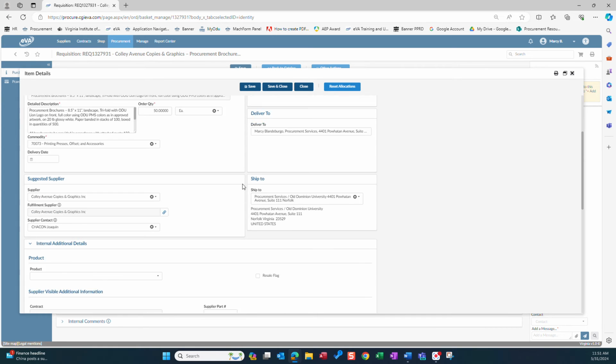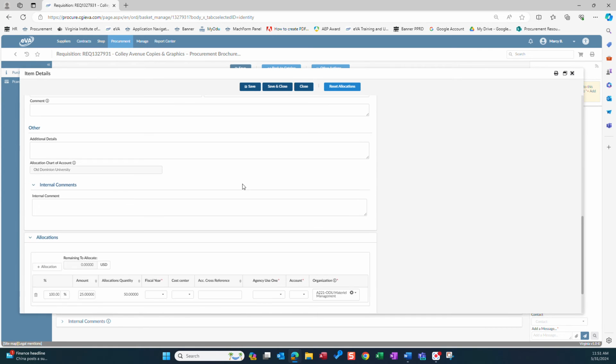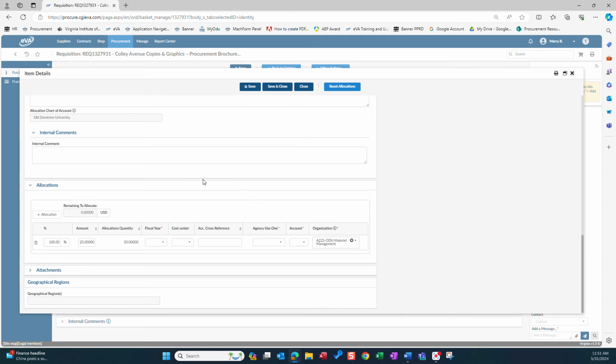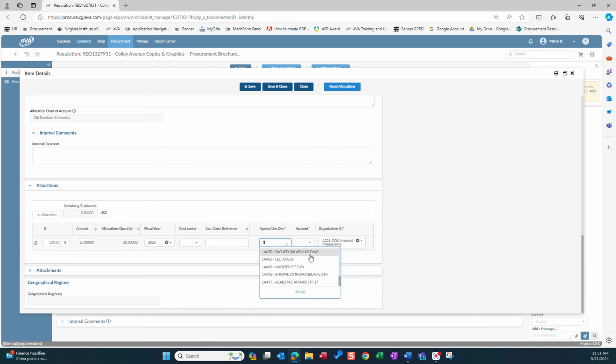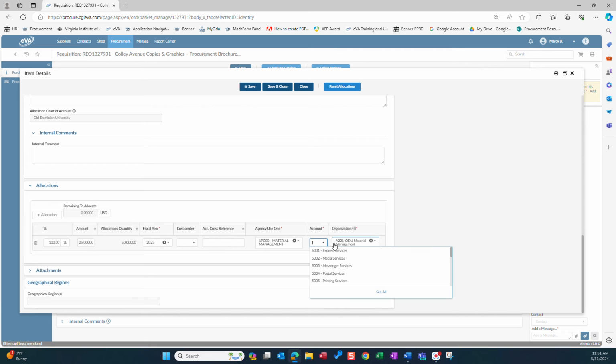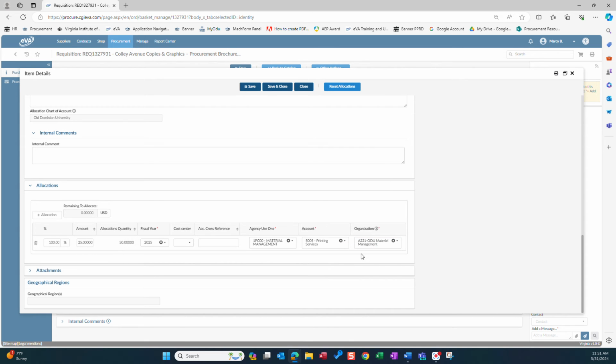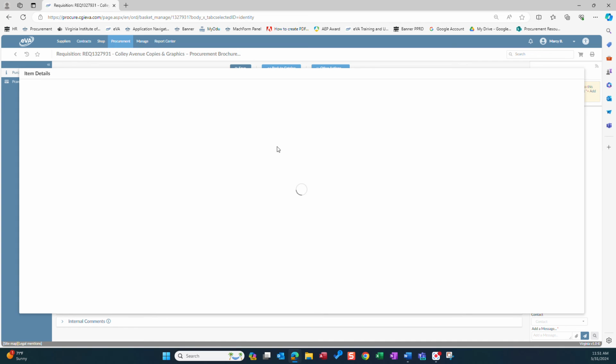Now you should scroll down to the allocations field, and you should enter the correct fiscal year for your purchase. As well, in the Agency Use 1 field, you should indicate your budget code. And under the Account field, you should enter your sub-account code for this purchase. Once you have entered this information, you may click Save, and it will take you back to the top of